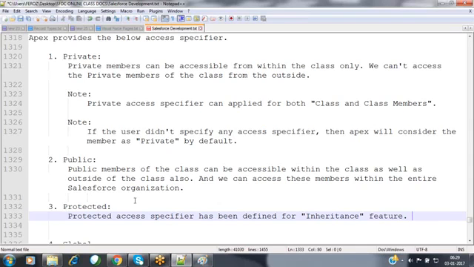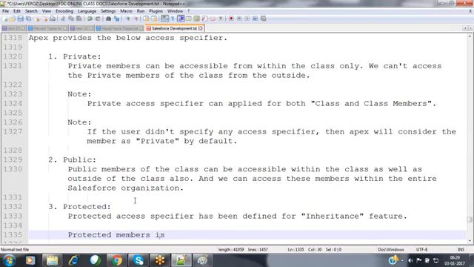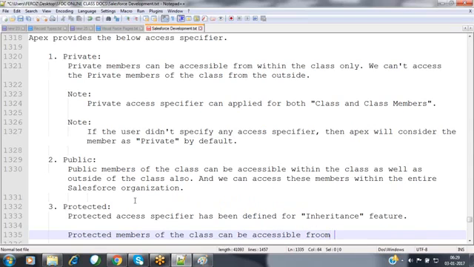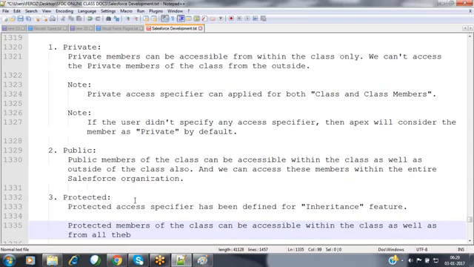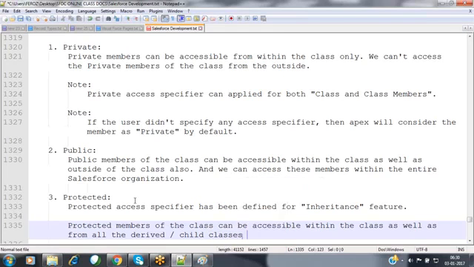Protected members of the class can be accessible within the class as well as from all the derived classes, the child classes which are associated.